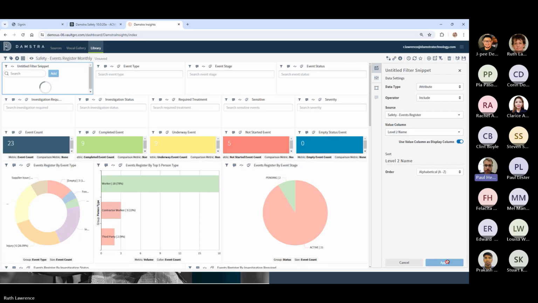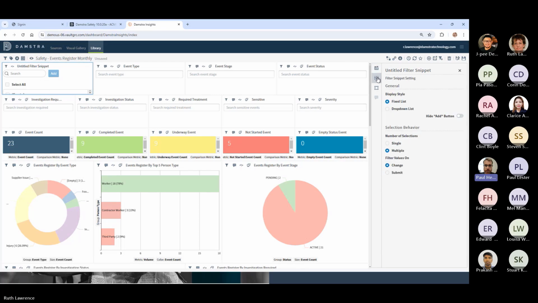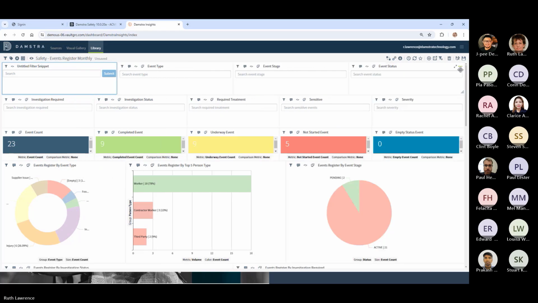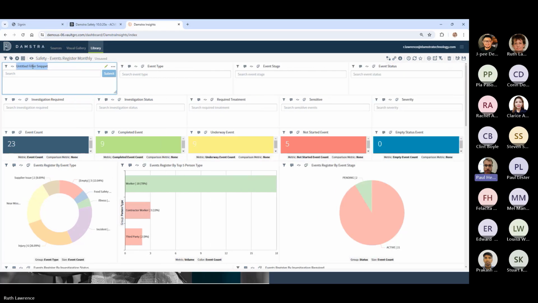And then if we go to the equalizer toggles there, we can just refine that a little bit more. Let's make that a drop-down list. Multiple is good, we'll keep multiple as well, and we'll have it change on submit. So that's perfect. Okay, and so now we can rename that one. Excellent. So if we save this dashboard just with what we've got now,